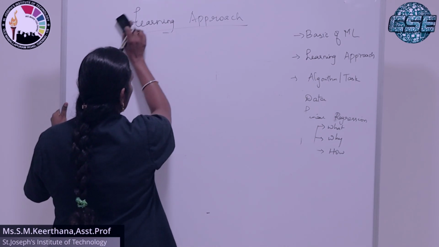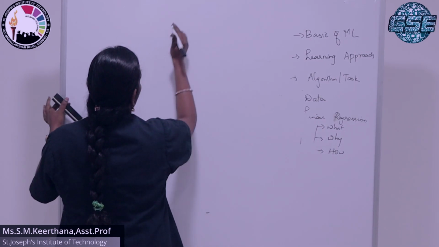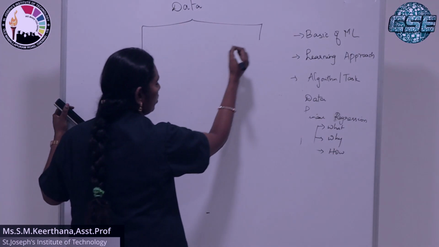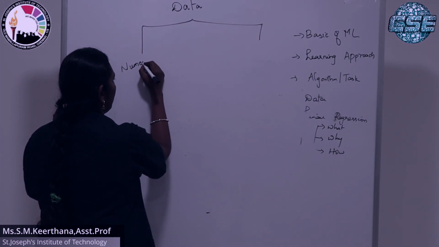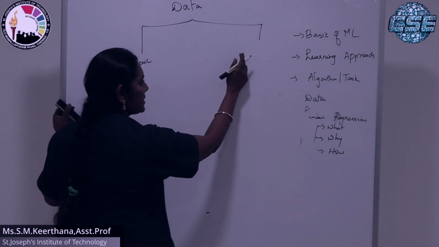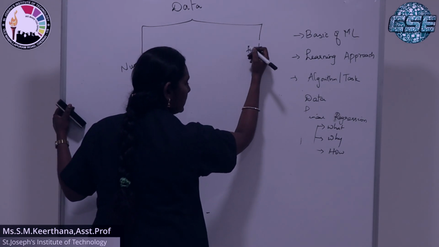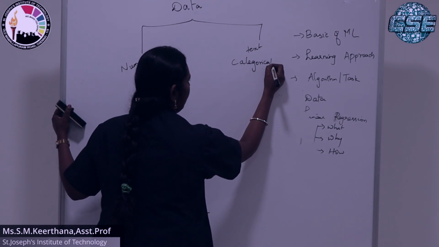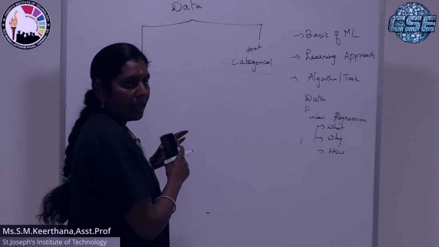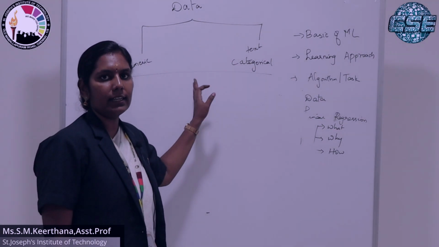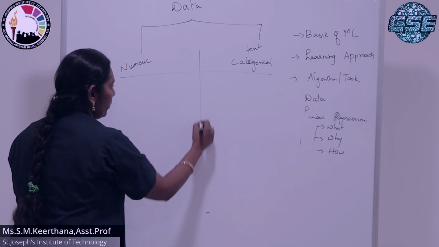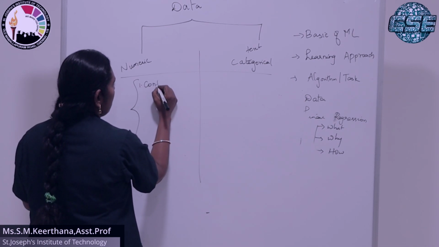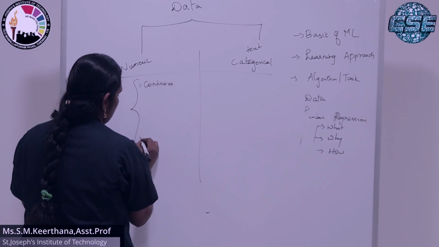Now we will see about the data that is available in machine learning. In data, we have two basic types. One is numeric. We all know that it depends upon the number. Next is text. Text in ML we take as categorical, or category. These are the two major subdivisions of data available in machine learning. In numeric again we have two types. The first one is continuous data, second one is